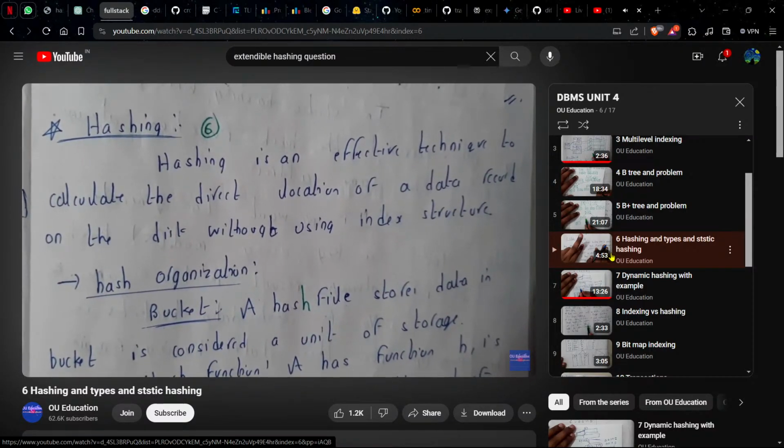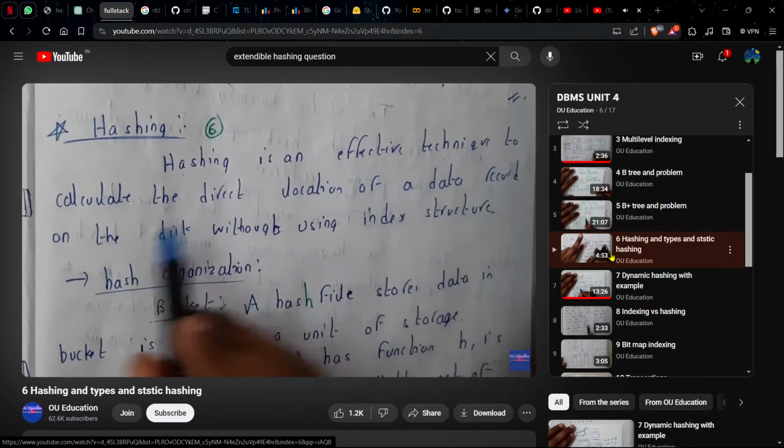Hashing is an efficient method. It is 100% better than indexing, guys. In hashing, you will get the exact disk location for that particular record or particular file which you are searching. So hashing is an efficient technique to calculate the